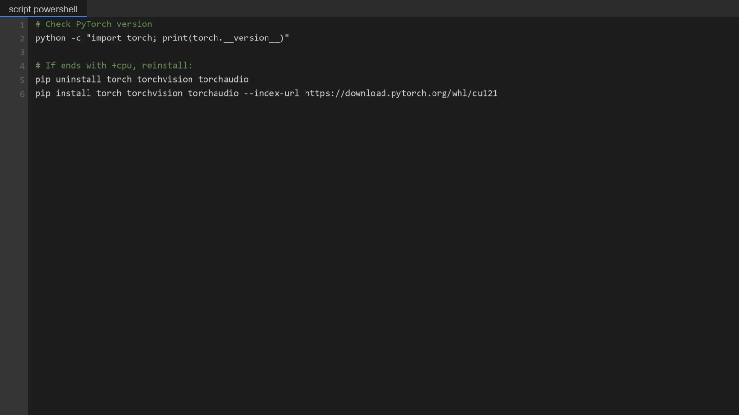Start by checking the PyTorch version string. Run python -c "import torch; print(torch.__version__)" and look at the suffix. If it ends in +cpu, that's your answer. The CPU-only build is installed. The fix is a two-step reinstall. First, uninstall with pip uninstall torch torchvision torchaudio, then reinstall with the CUDA index URL pointing to the cu121 builds. After the reinstall, run